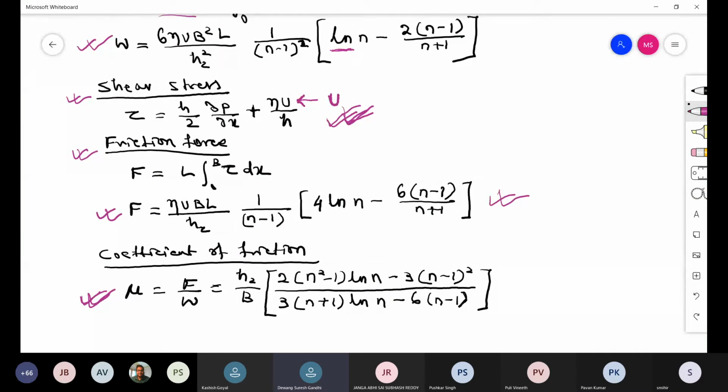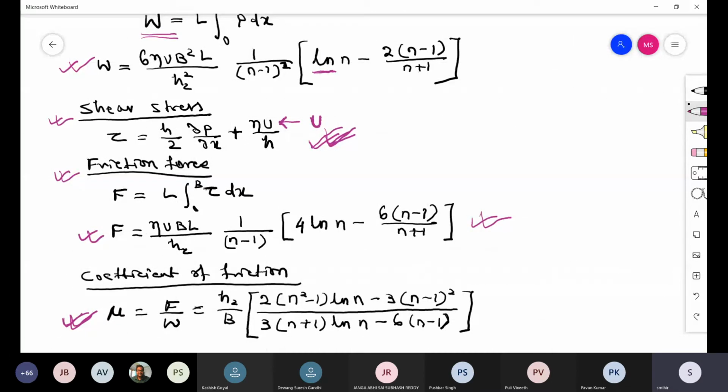Isn't it, sir, the plate would exert some shear force, meaning frictional force, at the lowermost point? Go back to last class derivation, where I gave you the friction force calculation at two surfaces. One is at y equal to 0, one is at y equal to h, right? I found shear stress at two places, plus or minus, and the other expression was minus or plus, right?